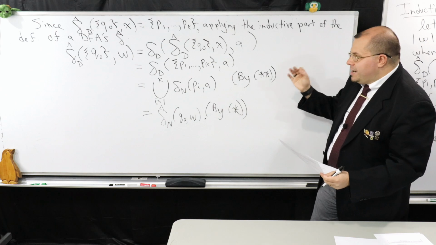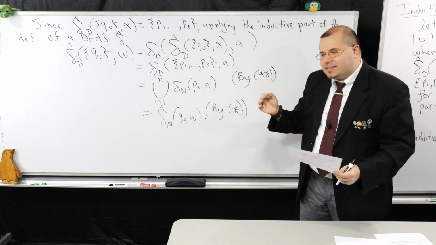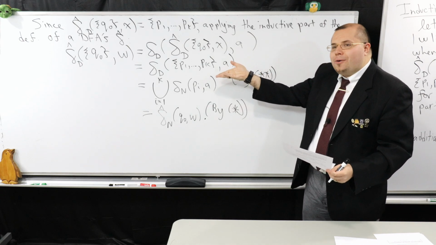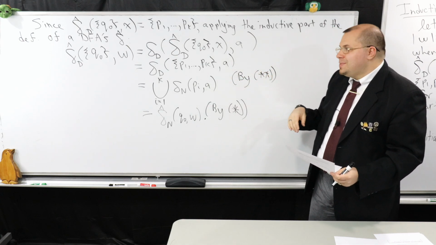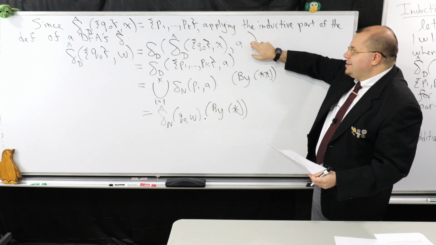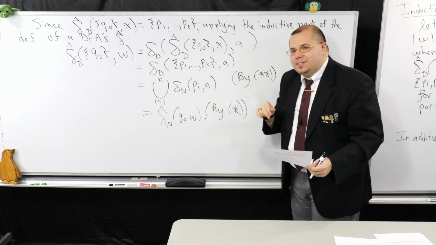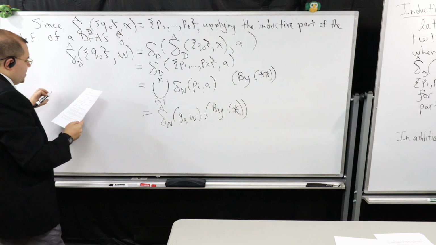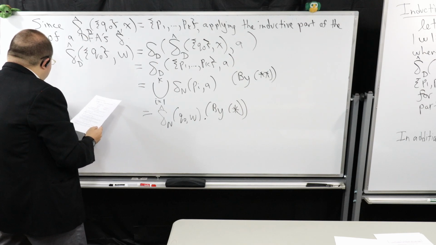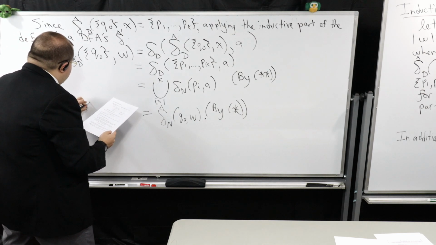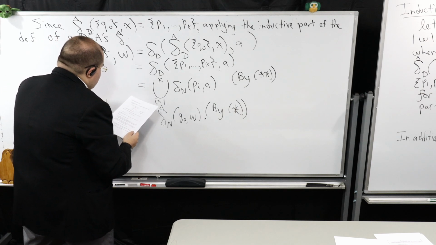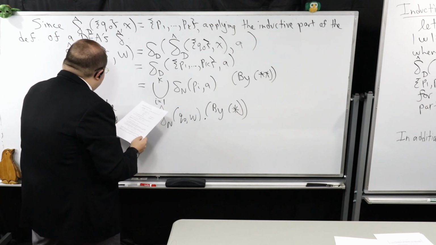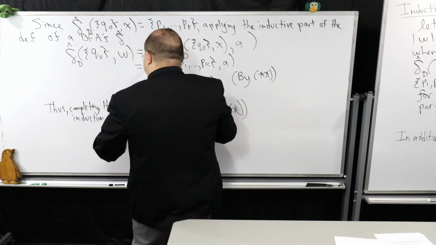But notice how I did it. I used the induction hypothesis, and by using that, I can show you how I can extend it by one symbol. And that's really relying on how I use the extended transition function on the DFA. So I could say thus completing the induction step.